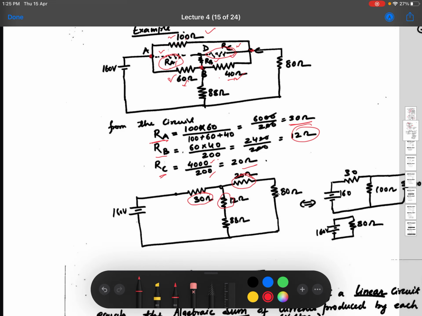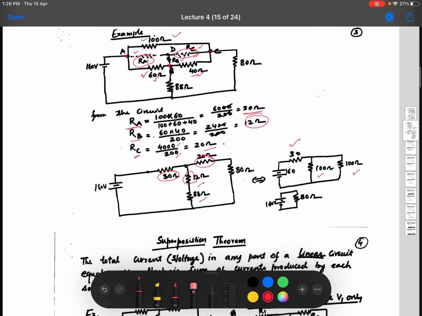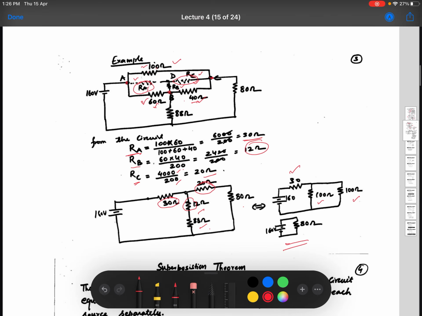This transformation turns this complicated circuit into a very simple circuit, whose resistance can be calculated very easily. It's simply a parallel series combination now, and it's quite straightforward. So I think it comes out to be 100 here, and this is also 100, 12 ohm and 88 ohm, and then 100 you have, and 30 ohm here, and that is how you calculate the resistance.